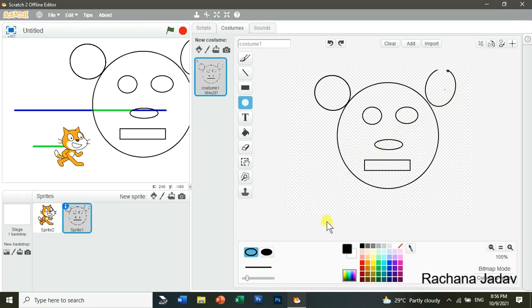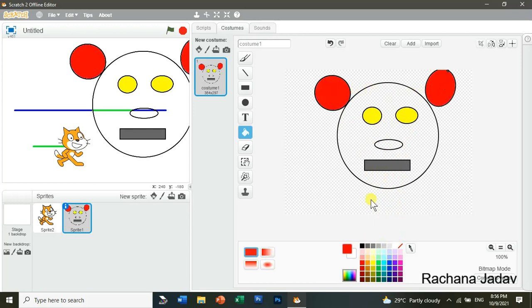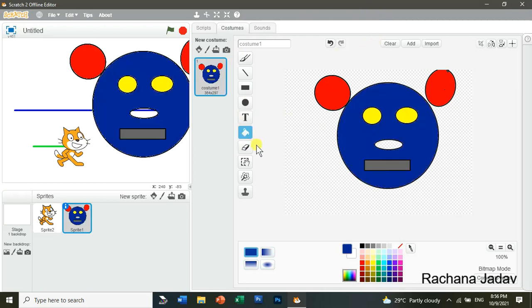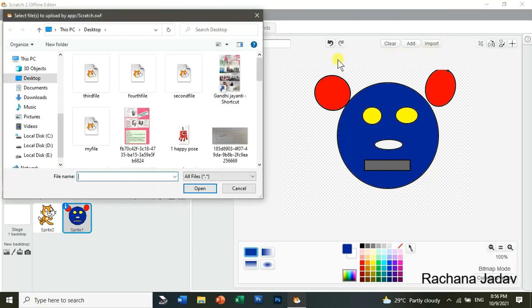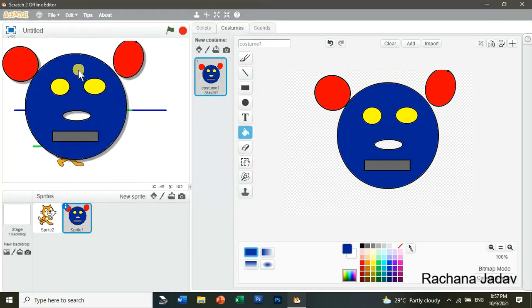Now after doing that, you want to give the color, right? So you have to fill color, so you can do the selection of the colors from here, right? I've just done the selection of the colors. You can see that the same thing has been applied over here. You will see it being applied here, right? And then you have to click on import, right? You will click on the import button and it will be uploaded over there. Now it will be uploaded there, that is in Scratch, okay? You have to upload over there and then you can open it, okay.